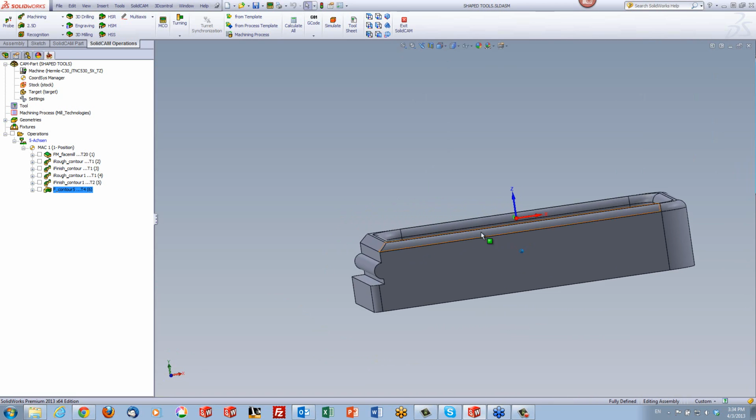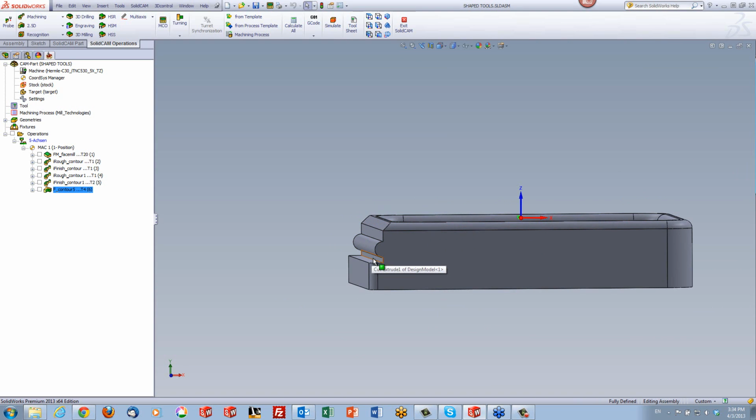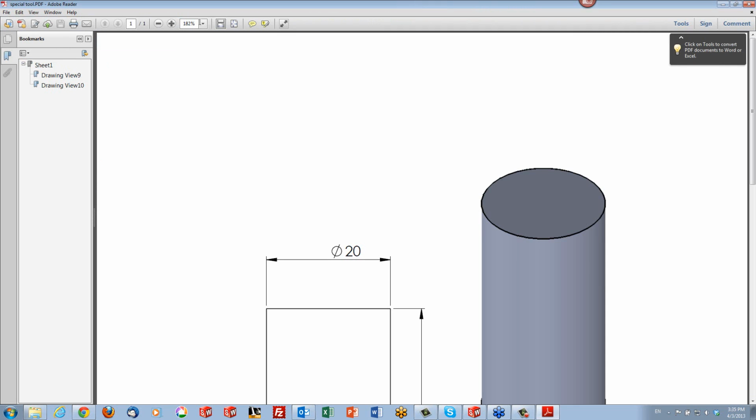I have this area that has to be machined out. Now, I decided I wanted to use a shape tool to save on tools or to save on operations or for whatever, or just to save on setups. I want to have one tool do this area over here. So for that, I went out and ordered a special tool. Let me just show you how this tool will look. If I were to show you the tool itself,